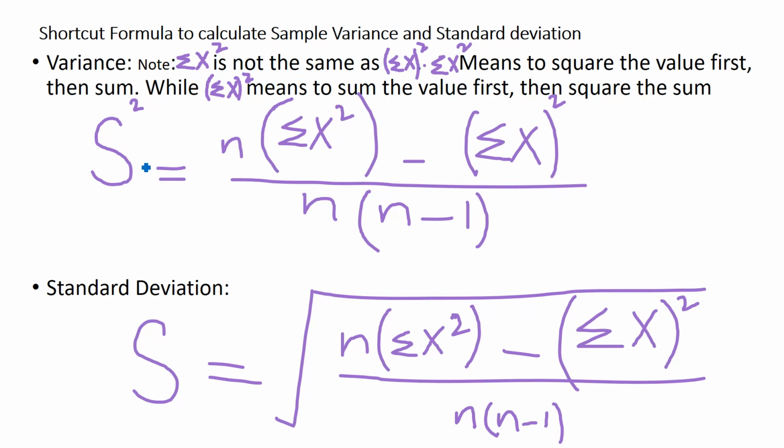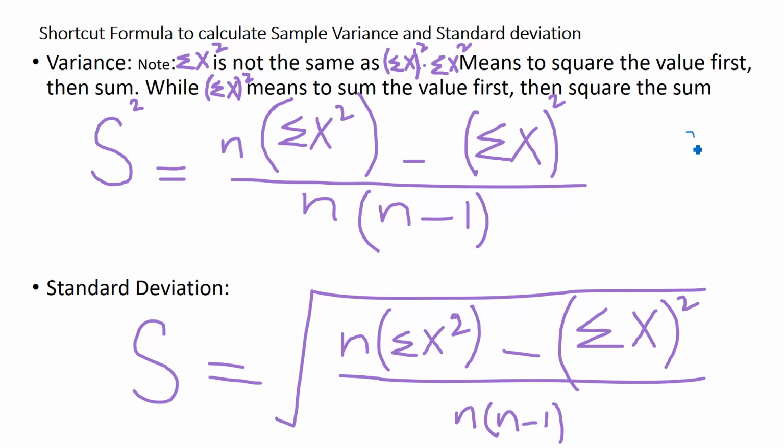Variance, see, what is the variance formula? Direct formula. S square is equal to n, the number of samples or size, times the summation of x square, minus the summation of x whole square. This is the important point, that there is a difference between summation of x square and summation of x whole square. Summation of x square, this one, is not the same as this. The first one means to square the value first,